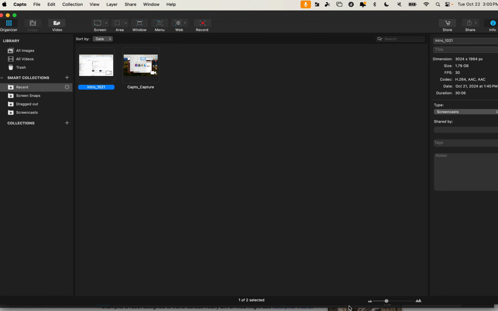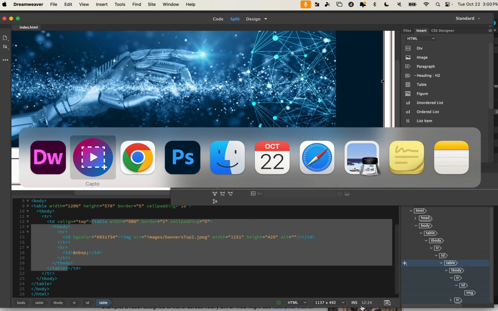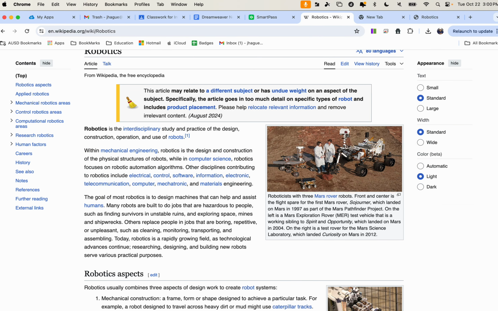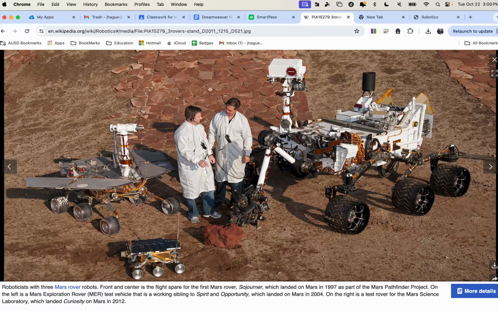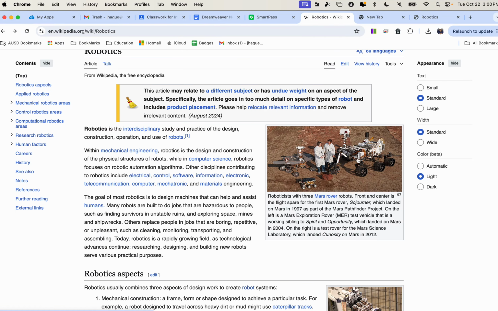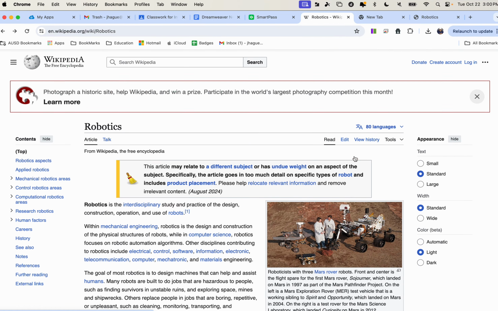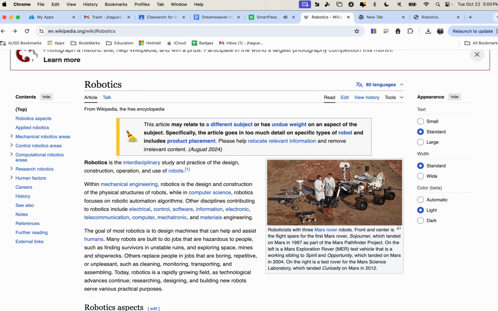All right, so what I'd like you to do is go into Wiki Robotics, and click on the first image right here. What I'd like you to do is go ahead and save all these images. But before you do that, you notice that in Wiki Images, once again, I got here by clicking on this image right here. And if you look at more detail, actually if you click on this little icon here,